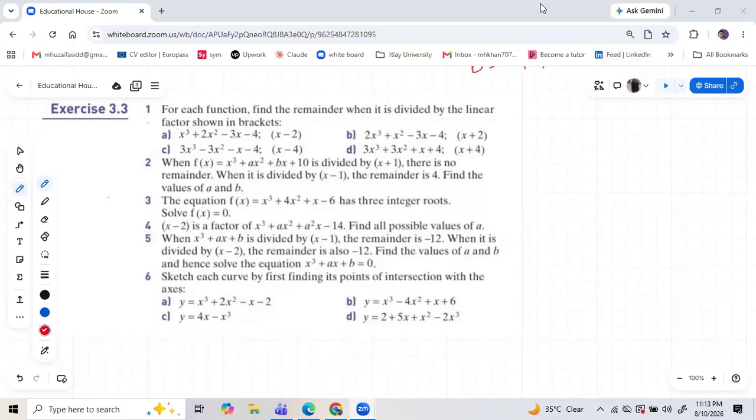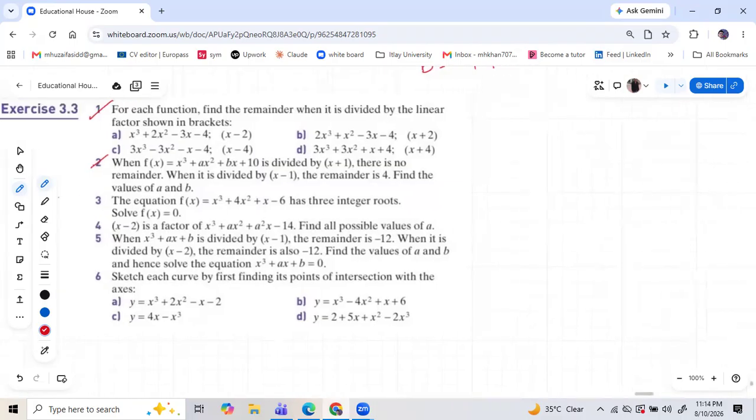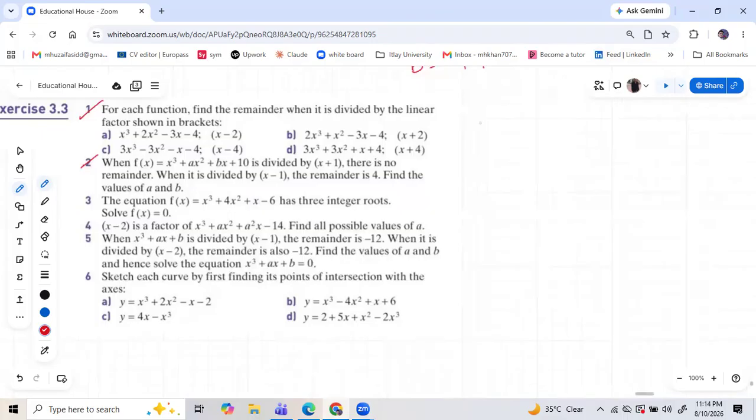Okay, in yesterday's sessions, we did this one problem and also this other one. But today we are discussing question 3. Question 3 is: f of x is equal to